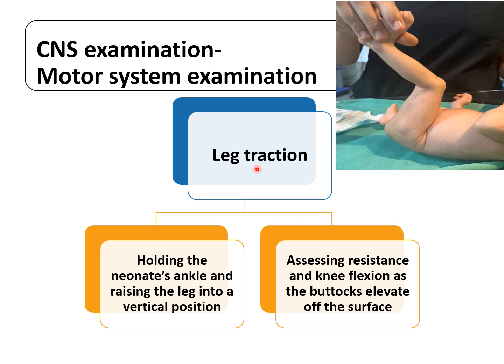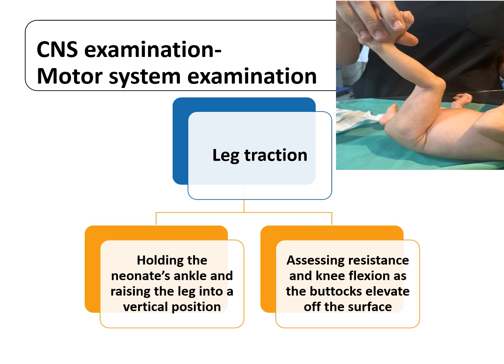Now the leg traction. In this image you can see we have to hold the ankle of the neonate and gently raise the leg into the vertical position. And in this also we have to assess the resistance and knee flexion that occurs as the buttocks elevate off the surface. So by all these methods, all the angles and the signs and traction, we are assessing the passive tone